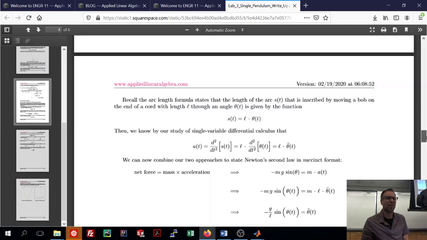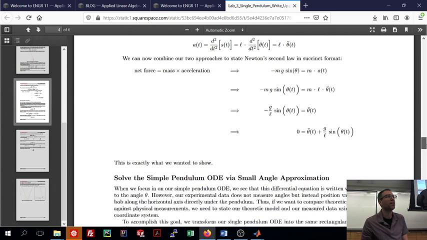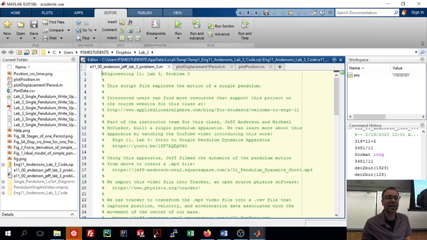Because in this lab, all I'm asking you to do is to derive the differential equation. I'm not asking you to solve it, right? But I wanted to solve it because I wanted to see where we were going. In addition to this,